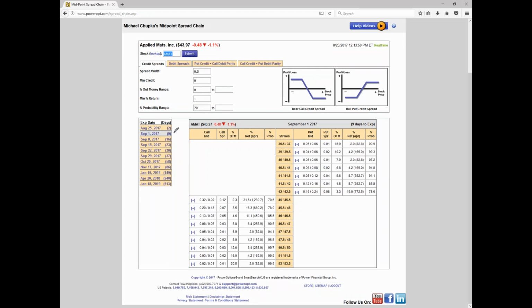And we're going 9 days out. I'm ignoring the 2 days out since this is a Wednesday presentation. We know the 2 days out are going to be so small. 9 days out, September 1st, next full weekly series, with AMAT at 43.97,